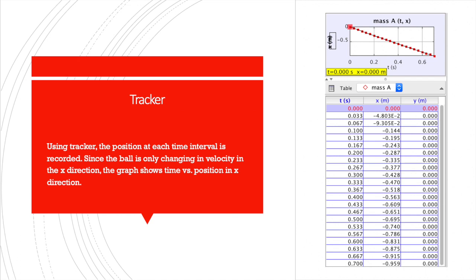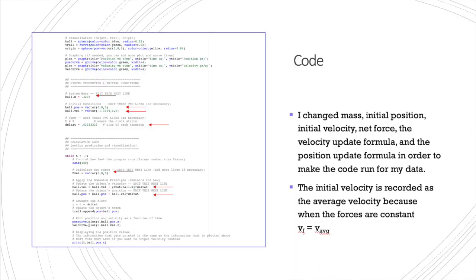which shows that it does have a constant velocity. Here we have the code that I created in GlowScript to show the computational model for my predicted position for the water bottle. I've marked with these little red arrows all the things from the original starter code that I've changed. First of all, the mass of the water bottle is 0.3203 kilograms. And then I have the initial conditions